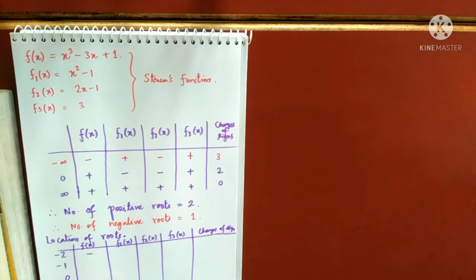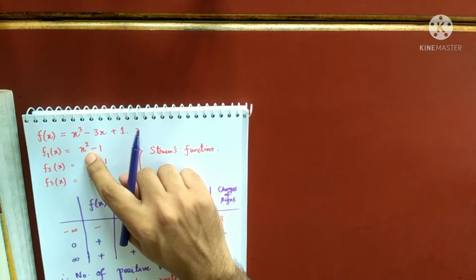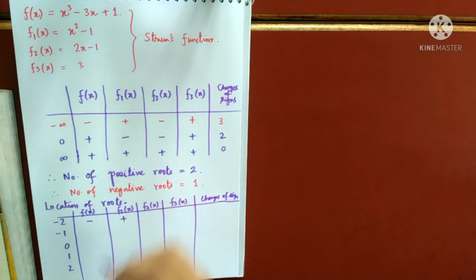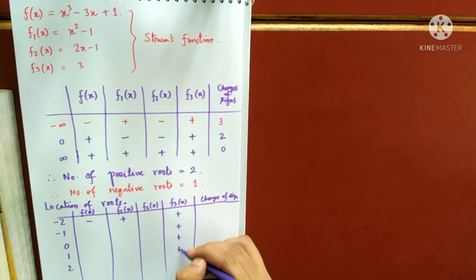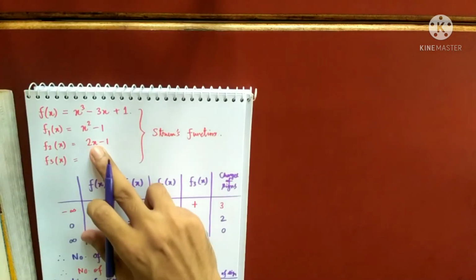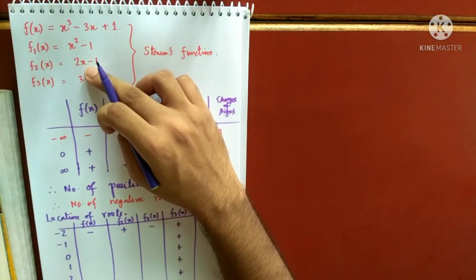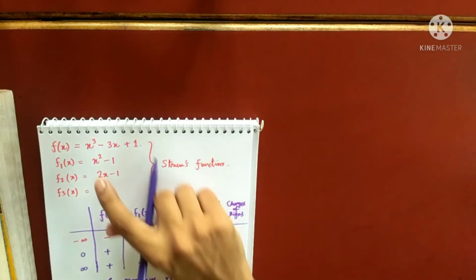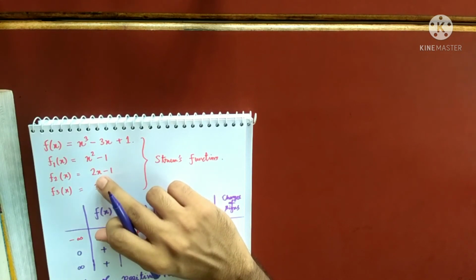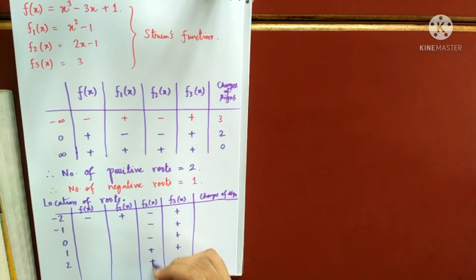You may check. If you are putting -2 here, -2 squared is 4, and 4 minus 1 is 3. That means it is coming positive. This will always be positive because it is 3, so this will not take a lot of time. Let's take the sign of this one. When I am putting -2, this is becoming minus. When I am taking -1, this is becoming minus. When I am taking 0, it is becoming minus. I am doing it one by one. If I am putting 1, it is becoming positive.